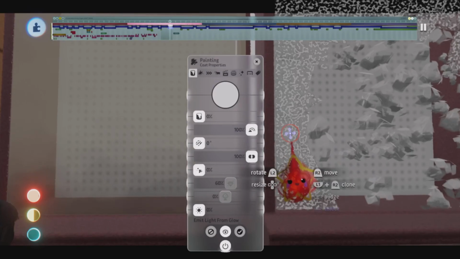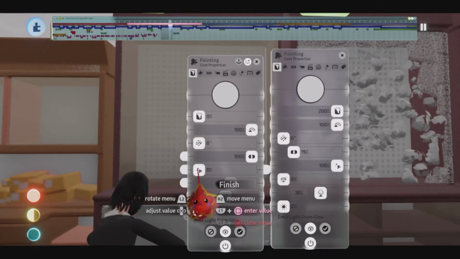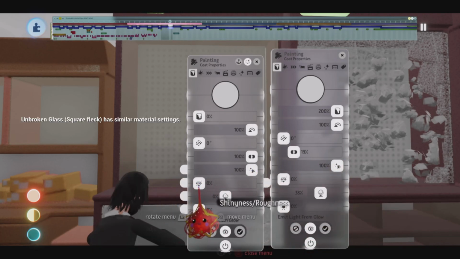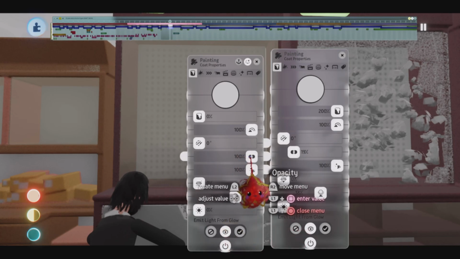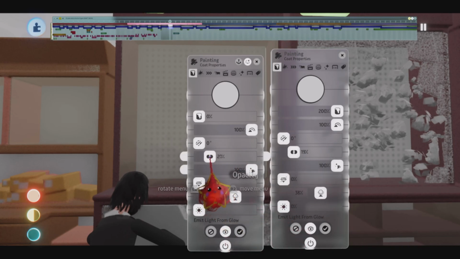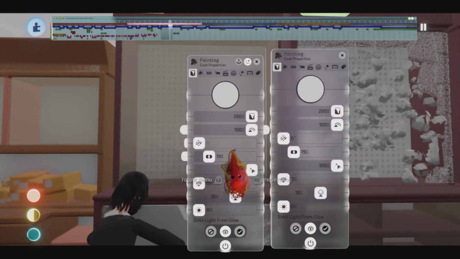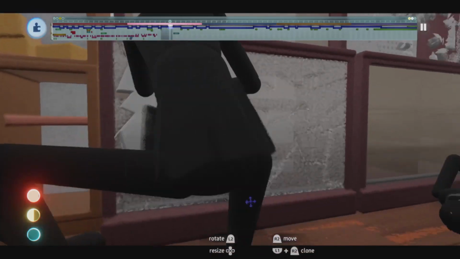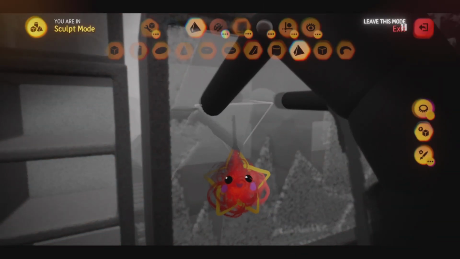And then I'm going to see the painting details, so the finish is all the way up, the shininess is this way, and this is about 38, and then the opacity is around 19, and the color is the same, 200%. So then there's the broken shatter pieces, but now this one's going to be our physical